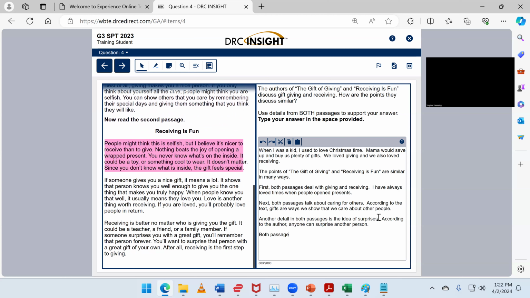Both passages discuss making yourself feel better by helping other people. Finally, that's a great transition word. Finally,